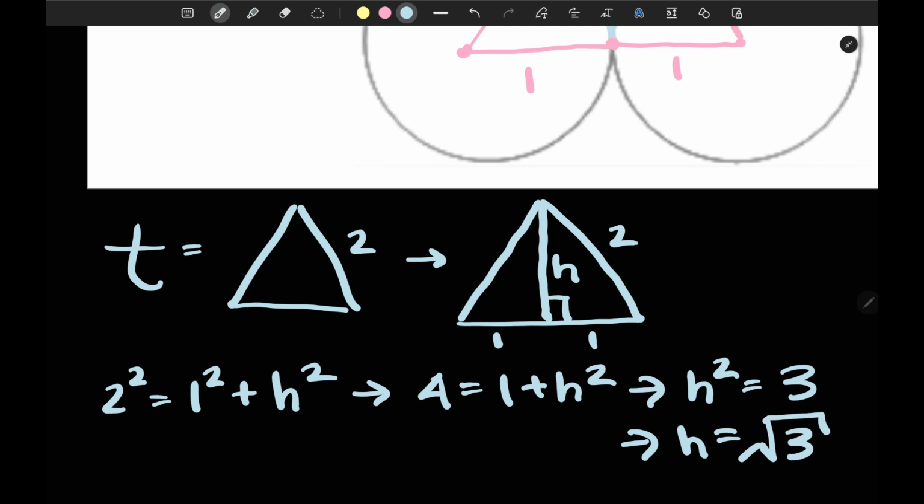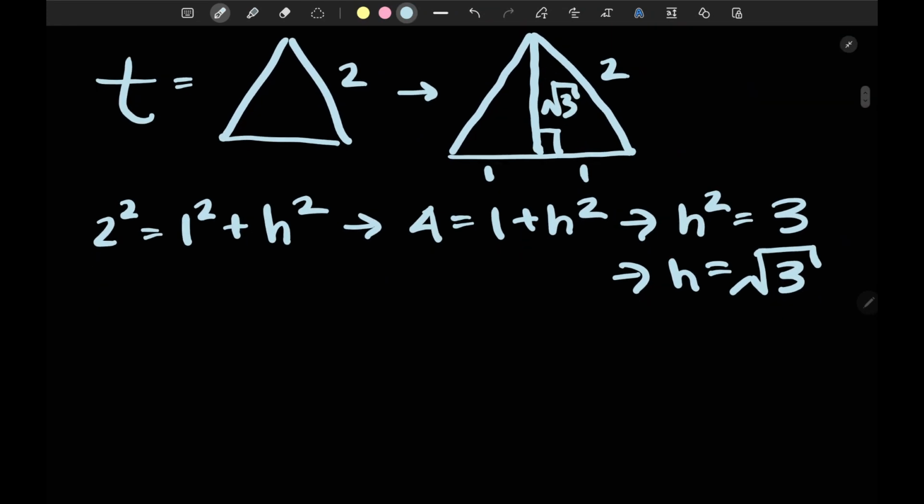If you know about 30, 60, 90 triangles, you would also maybe be able to find this answer immediately. But you can also use the Pythagorean theorem, which is something that you probably learned earlier on. So the final step to find the area of the triangle is just to apply our area of a triangle rule. The area of a triangle